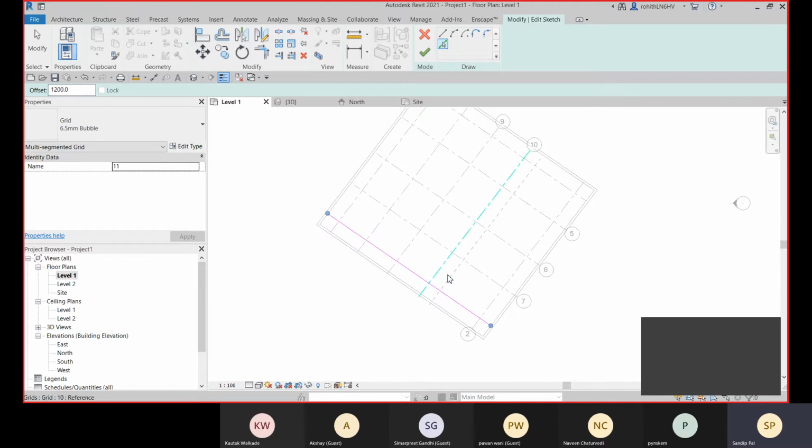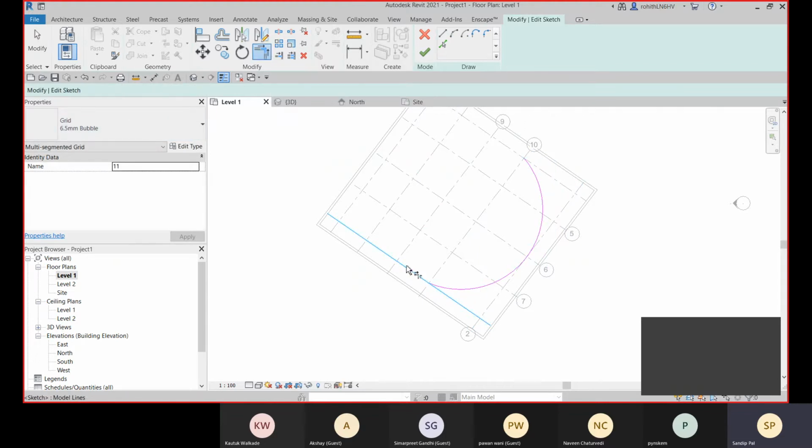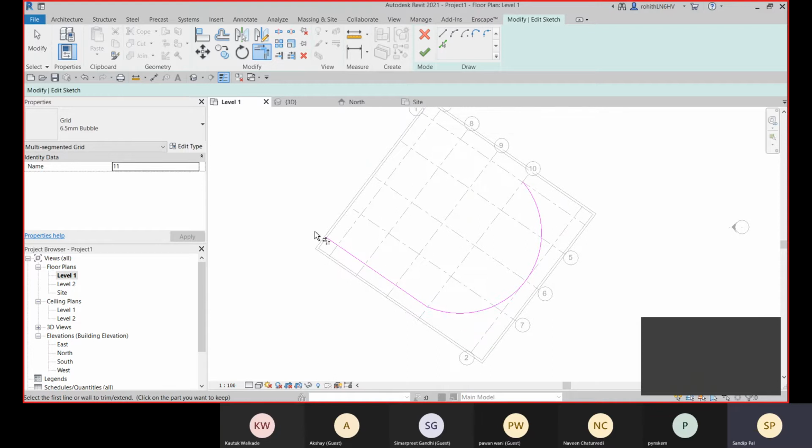Okay. Now I will change it, start and radius like this. Sorry, the offset is applied, so it's 0, start, end, and this is going to be the radius. And now I have this trim option. This part will remain and this will remain, so I'll select it from here and then select this object. So this extra part is trimmed right now, and this is going to be my grid line.